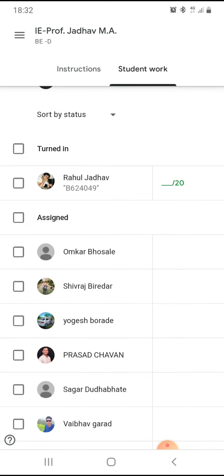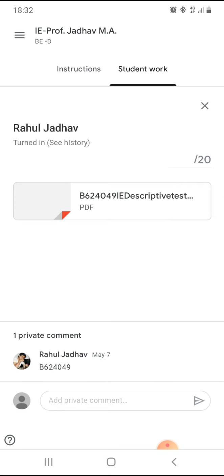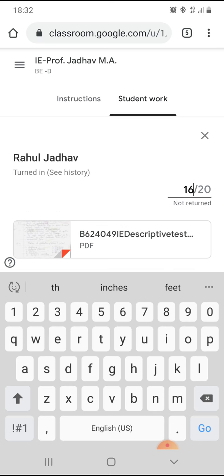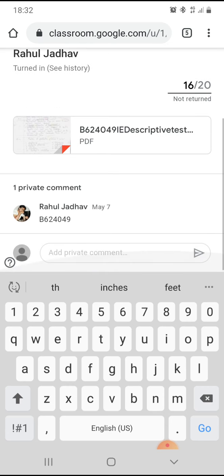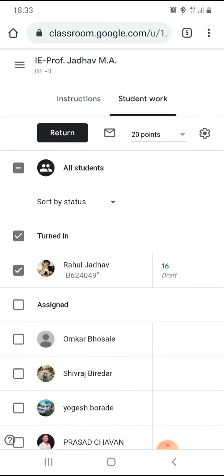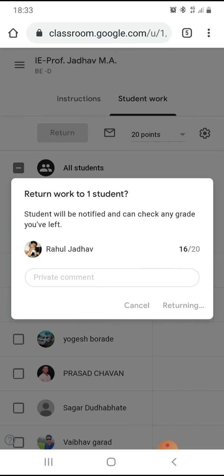So the student needs to be assessed. After reading this assignment I will put here some marks, for example 16, right? It is saving. Returned is written. So I have assessed this student.